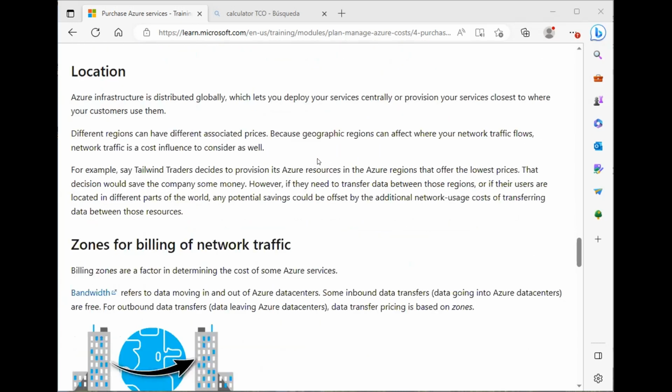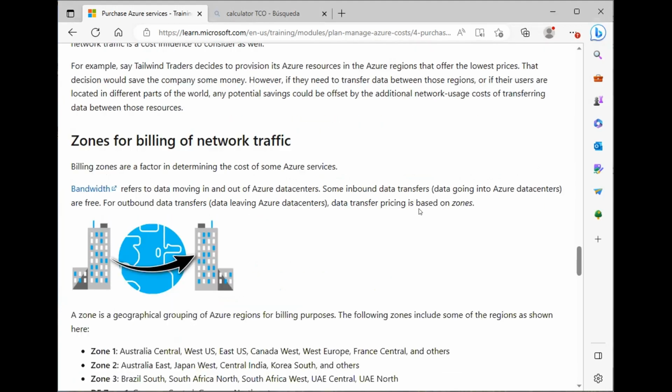Location. Azure infrastructure is distributed. Zones for billing of network traffic. Billing zones are a factor in determining the cost of some Azure services. Bandwidth refers to data moving in and out of Azure data centers. Some inbound